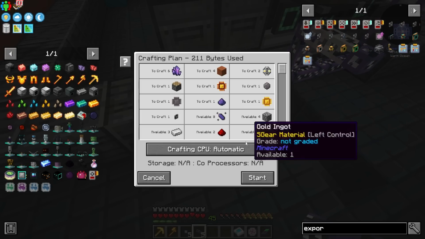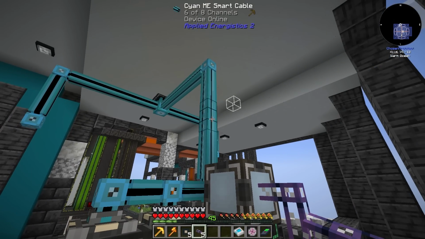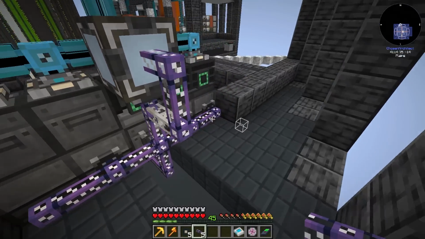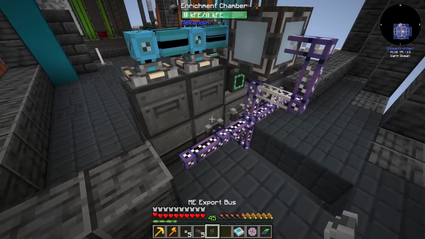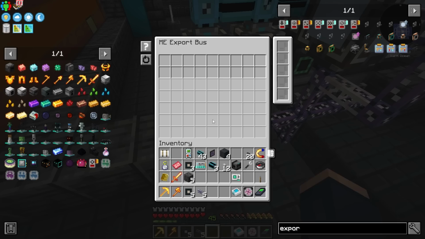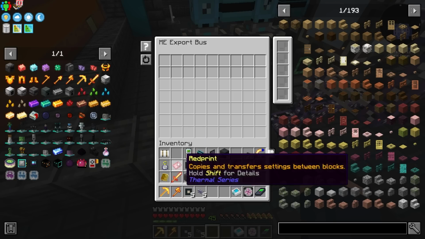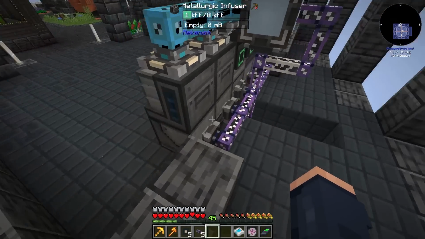This is why that subnet is just super nice, because we don't have to worry about utilizing all of our main channels off this line. Notice this still only is using 6 channels in this setup because of this little line down here, which is very, very nice. So this is something handy to know how to do, especially when you start running into an issue with channels. So let's place our export bus, and we are going to be bringing our refined obsidian into here to be enriched,